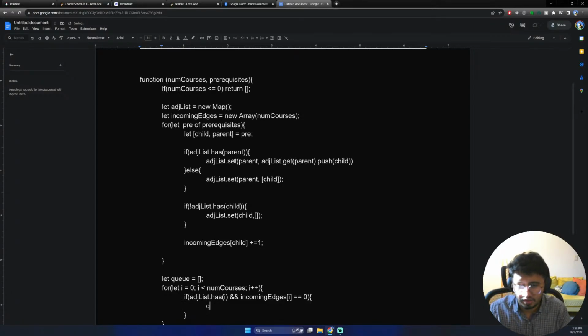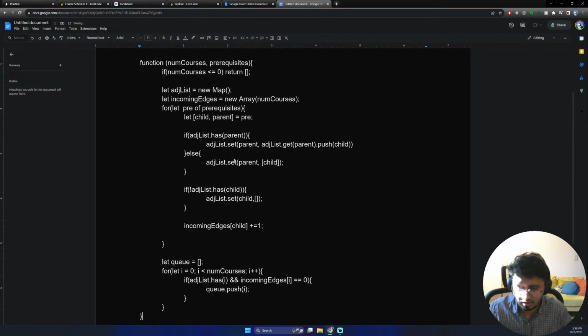We need to add that element into the queue. Queue dot push the i into the queue, and yeah, once we have got that,